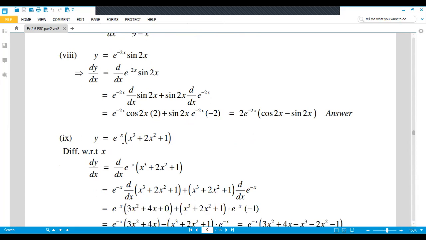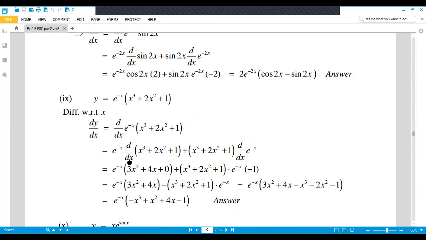So again, they are given in form of product. So the first value as it is, derivative of the second value, plus second value as it is, derivative of the first value. So first value as it is, x cube derivative, power will come in the coefficient 3, and from power we subtract 1, so 3 minus 1, x square left. And here power will come in coefficient, so 2 2 is a 4, and from power we subtract 1, 2 minus 1, 4x, and derivative of constant is 0. And this one value we copy as it is, derivative of e power minus x, exponential function as it is, further derivative of its power minus x derivative is minus 1.